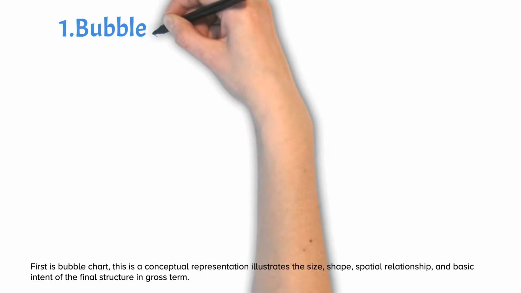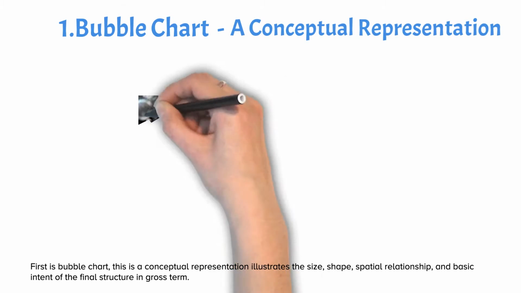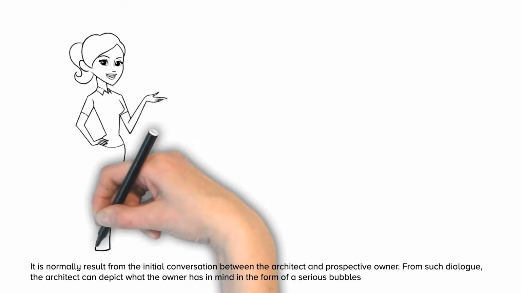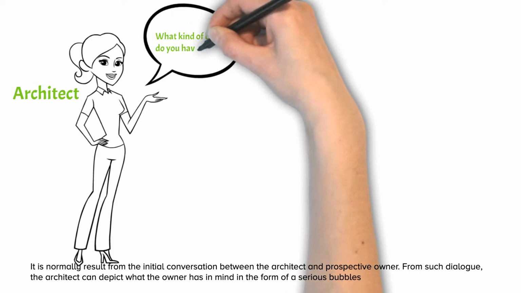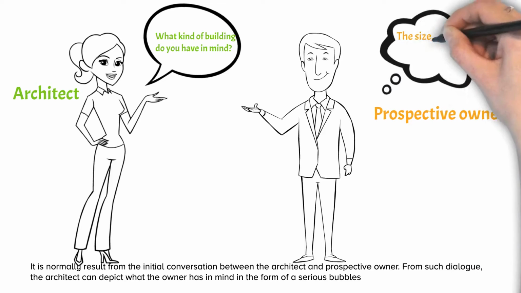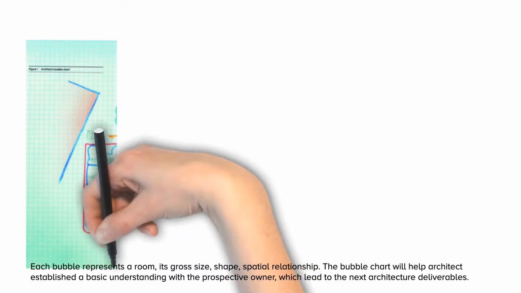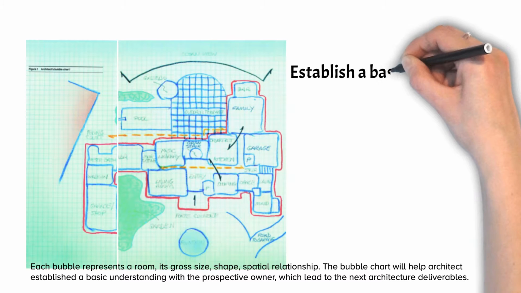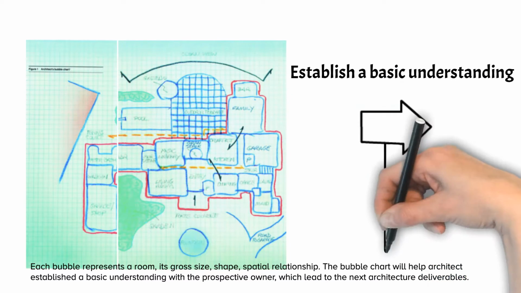First is the bubble chart. This is a conceptual representation that illustrates the size, shape, spatial relationship, and basic intent of the final structure in gross terms. It normally results from the initial conversation between the architect and the prospective owner. From such dialogue, the architect can depict what the owner has in mind in the form of a series of bubbles. Each bubble represents a room and its gross size, shape, and spatial relationship. The bubble chart will help the architect establish a basic understanding with the prospective owner, which leads to the next architectural